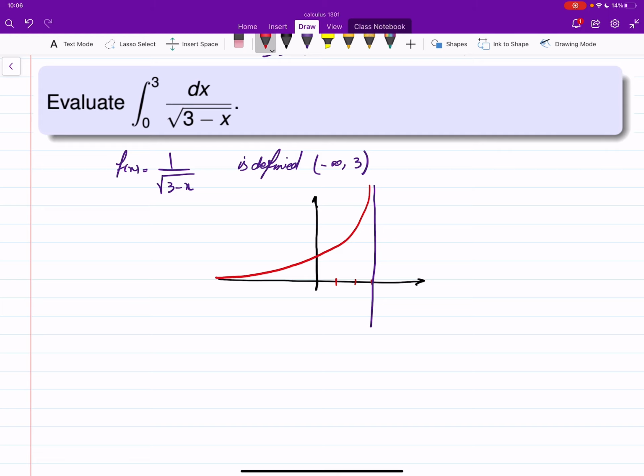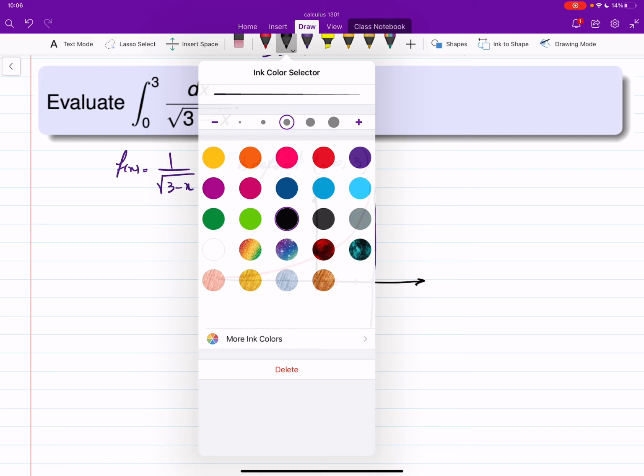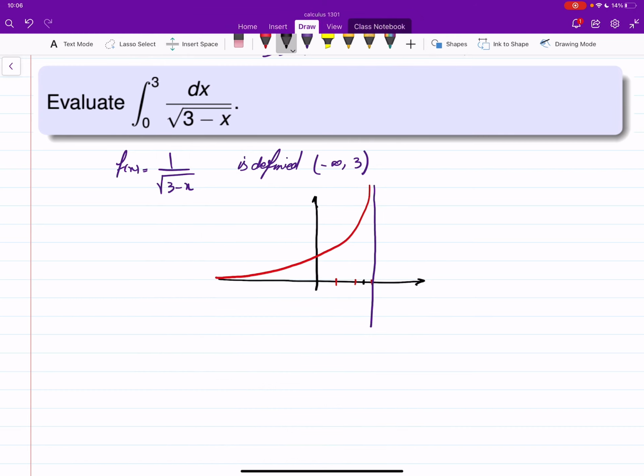I don't know how to do that directly, but if I push this a little bit to the left, so I go a little lower than 3, then I can integrate the function on the interval from 0 to that point. It doesn't matter how small the gap is. For any t less than 3, this will be a well-defined integral. In other words, I can go from 0 to t of 1 over root 3 minus x dx,